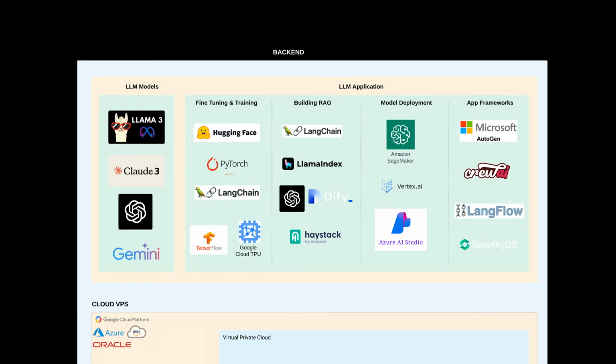LangChain framework is used to build applications with language models. It provides tools to integrate and manage different LLMs and create pipelines that can handle complex workflows. Hugging Face is a platform and library that provides easy access to a wide range of pre-trained language models and tools for fine-tuning them on specific datasets. PyTorch and TensorFlow are open-source deep learning frameworks that provide a flexible and efficient platform for developing and training machine